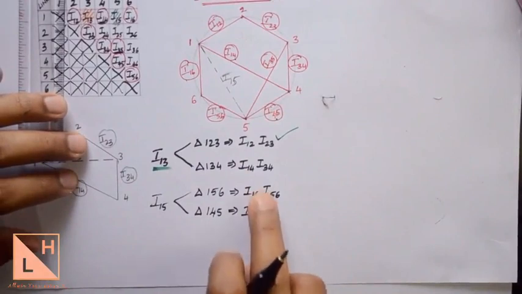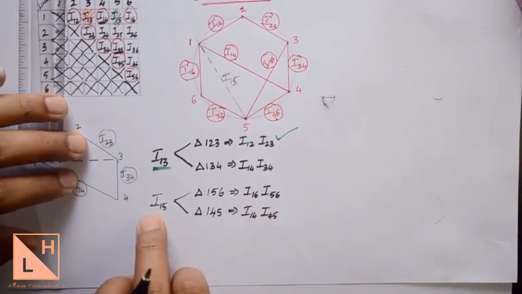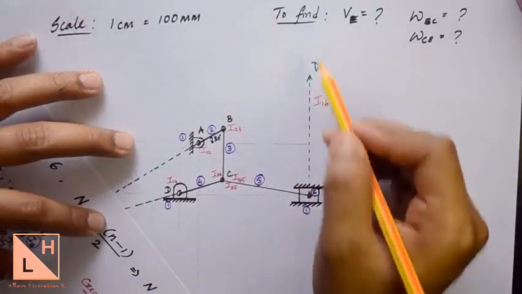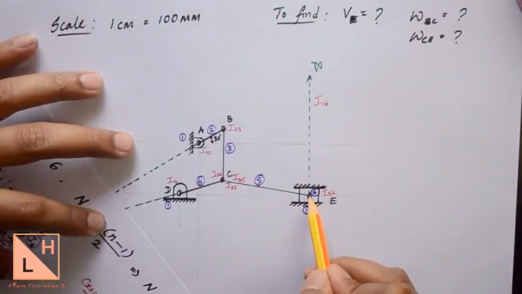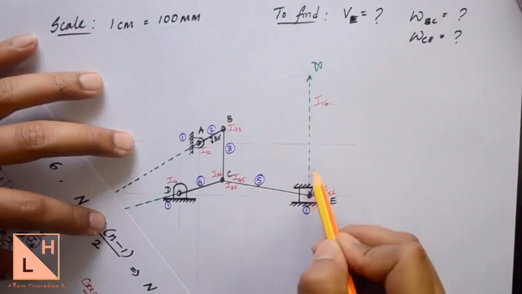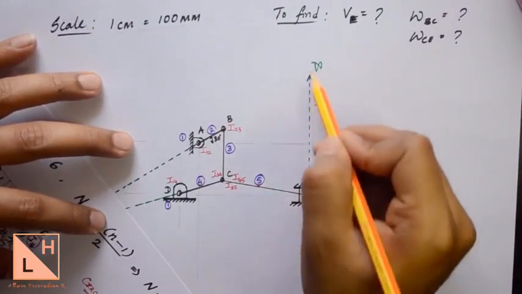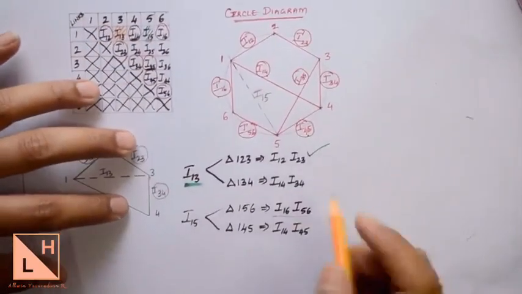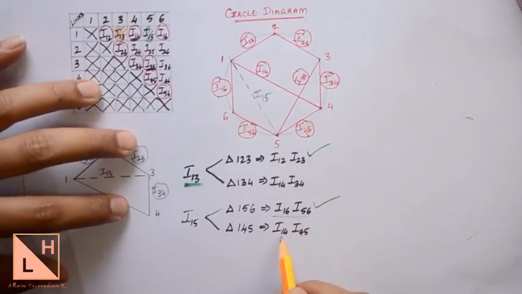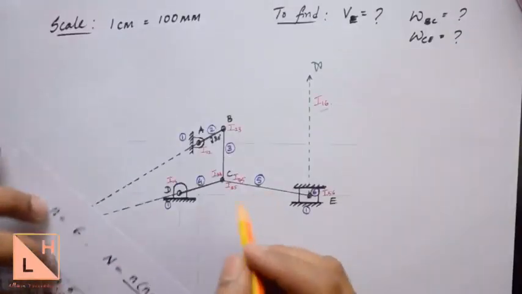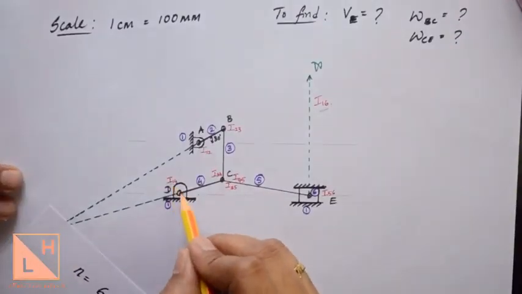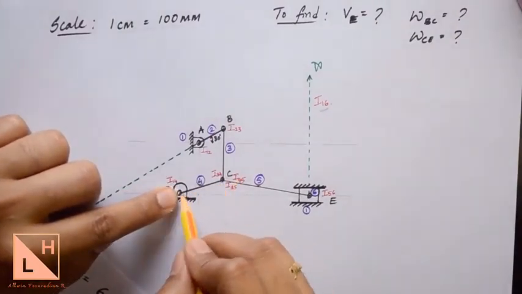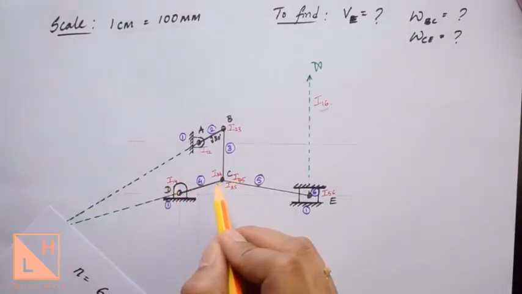Where these two IC lines will intersect, that point will be the IC I15. I16 is present at infinity, I56 is present over here at this point. So it is already connected with a dotted line because we generated this in order to represent I16. The next ICs that you need to join are I14 to I45. So locate I14, it is present over here. I45 is present over here.